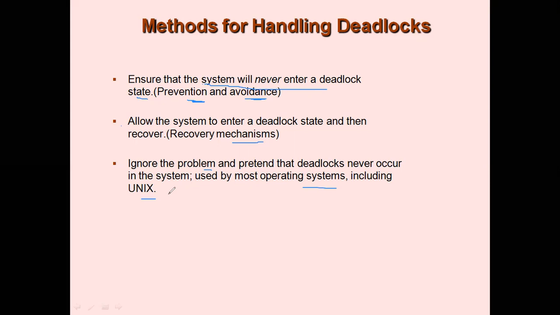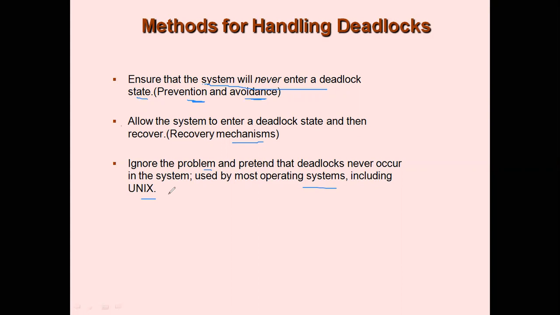For example, you would have already experienced the hanging, right? That is, sometimes your system goes into a hanging state. It gets stuck. So that is a deadlock situation. If you try to click on many icons, which are also considered as resources, that creates a deadlock situation, and then after some time the system will itself give you a choice, that is, if you want to wait or if you want to stop. So this is an example of the third solution.